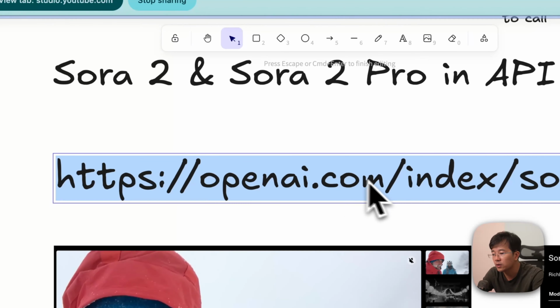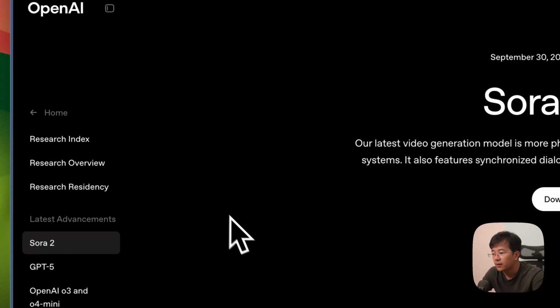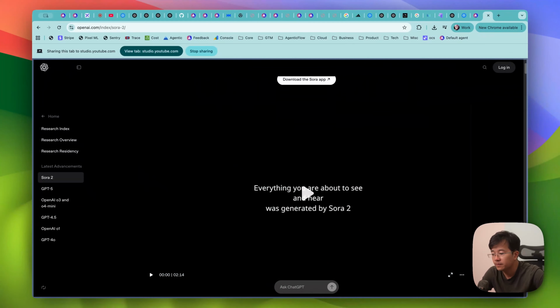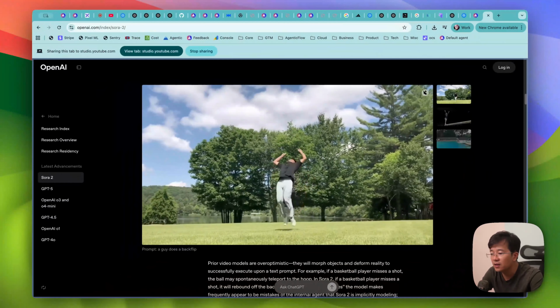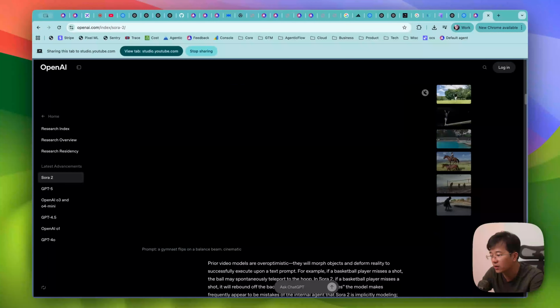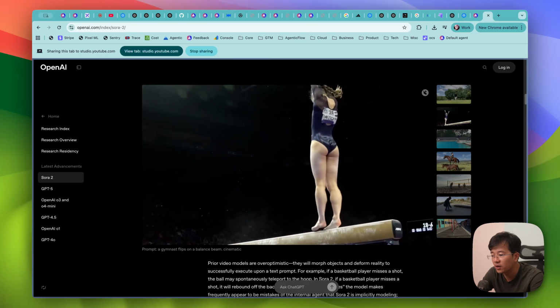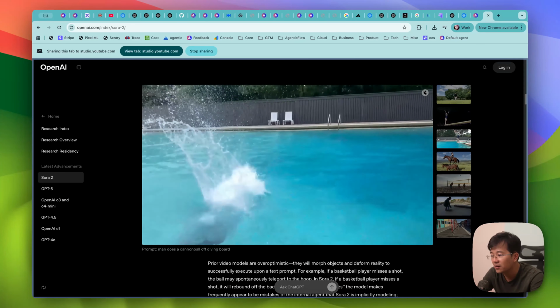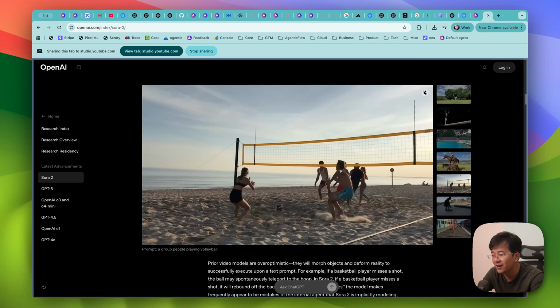So basically, let me open this slide. Okay. So this is an example of Sora. I cannot say much. It is kind of like a state-of-the-art model already, and this is a gymnasium test. Most of the models are going to fail on that test, but Sora is actually creating a lot of the best results. Yeah. Okay.